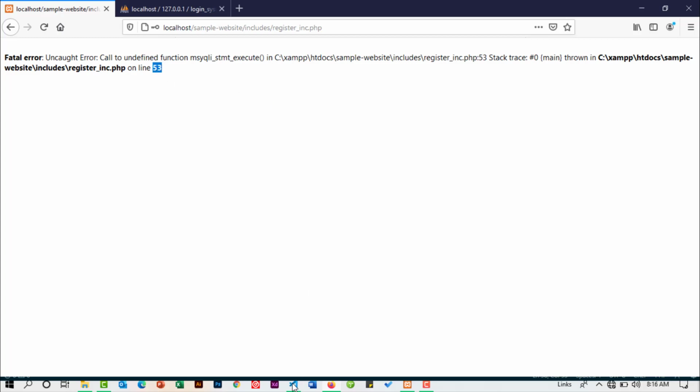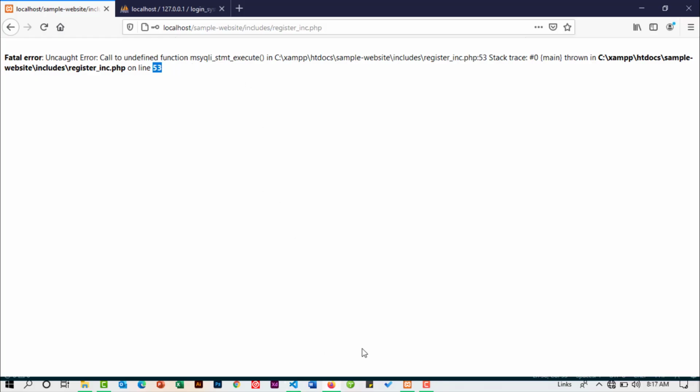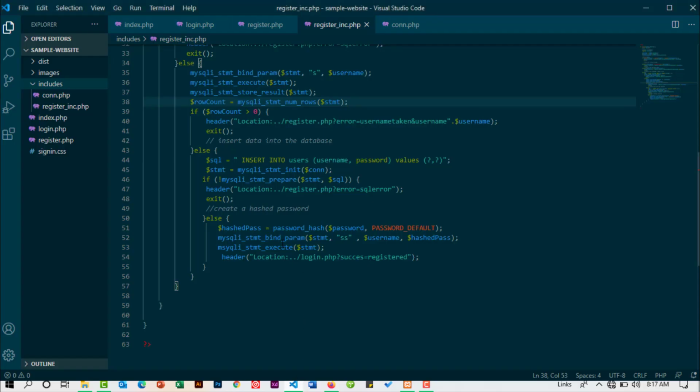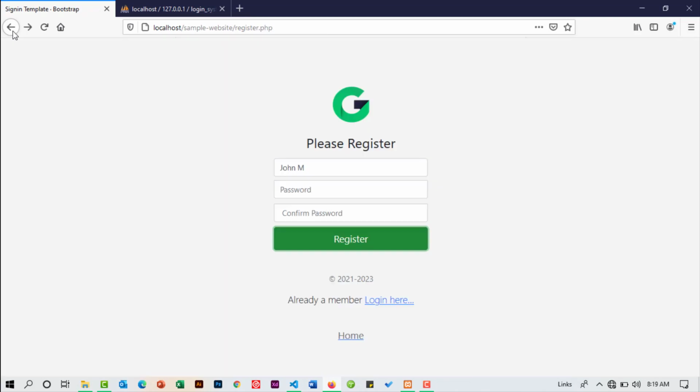And on line 53 we also have yet another problem, line 53. So we're almost there. So this is an undefined function mysqli statement. So there is another typo here, so I included an S which should not be there, so it should be mysqli and not what I typed. So that's another typo there, so that is fixed. So we go back and refresh,